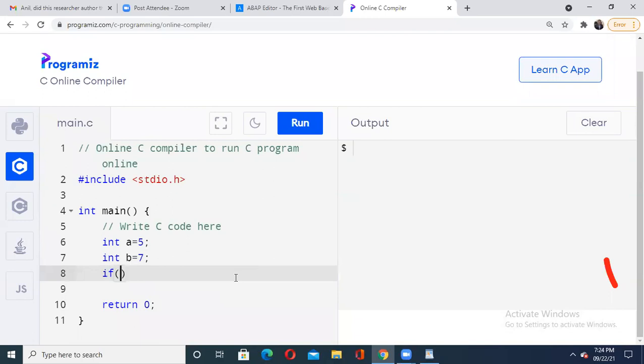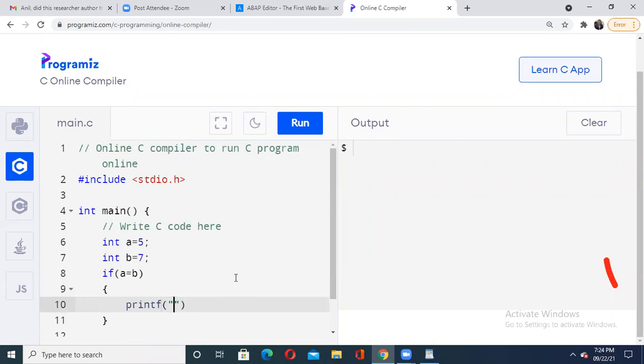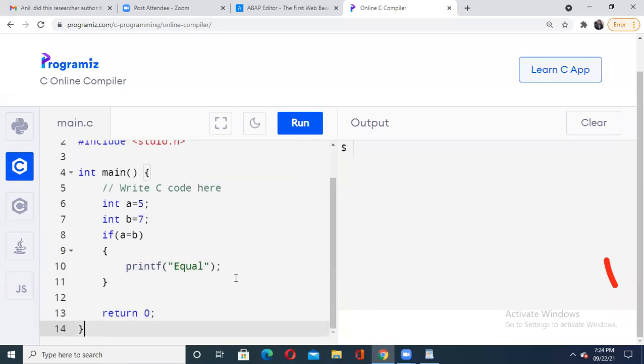Suppose if a is b, then I'm going to print with printf, "equal", and put the semicolon.